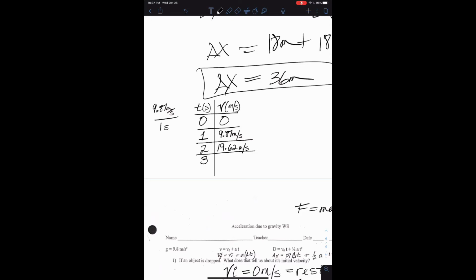So I think we're going to get around 29.43. I don't know, something like that. And it's roughly 10 more, right? I could really just add 10 more. So if I did one more, and I add roughly 10, it's going to be approximately 39 meters per second. All right. So the problem that a lot of times students have with this is they don't know what meters